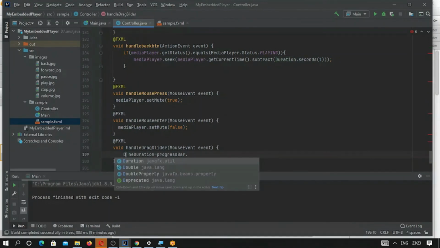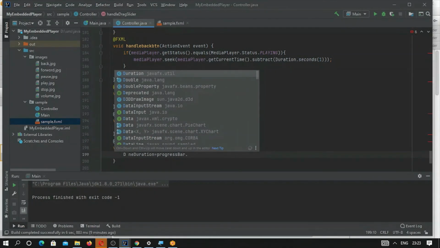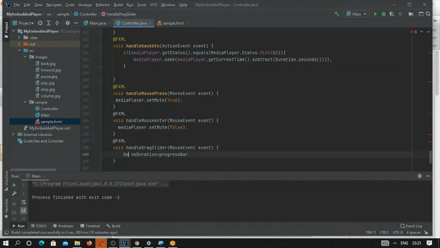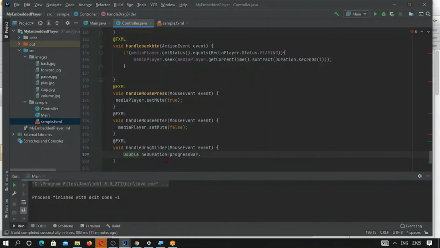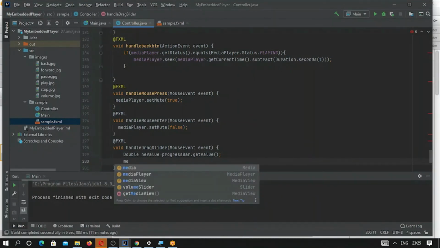So first we take a double, the new value, the target value, and now we want to seek.